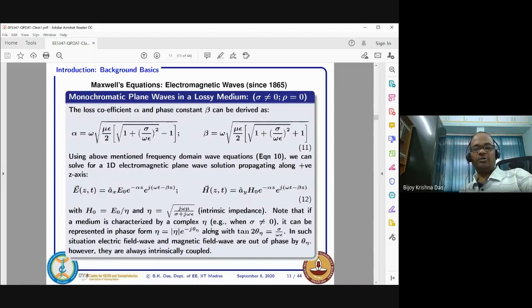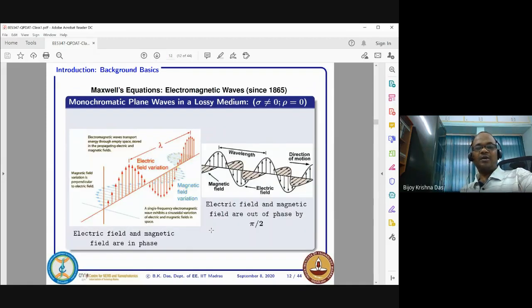Okay, good. So now we are here that we can get a simple plane wave solution in the frequency domain. Frequency domain means only one frequency you are considering. Now, as I said, I took this picture from Wikipedia or Google, I think. You can plot that in MATLAB also. So this direction is shown as, suppose, Z.